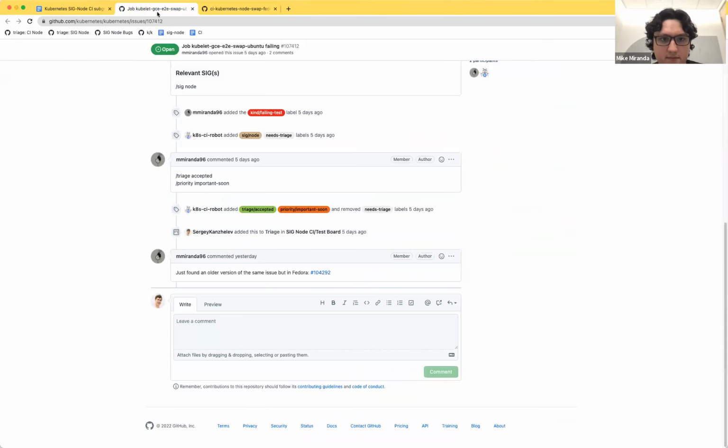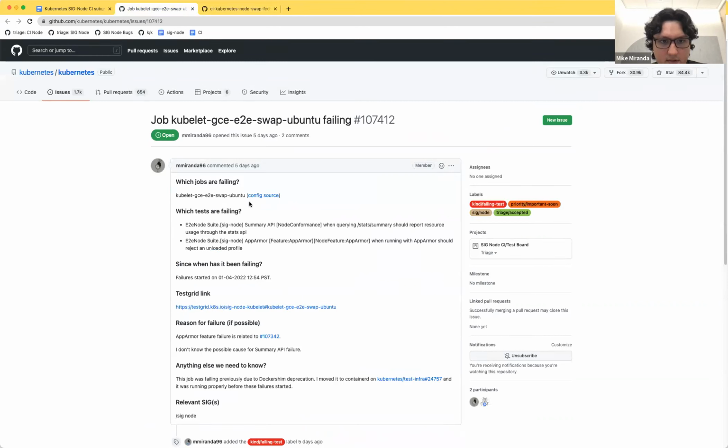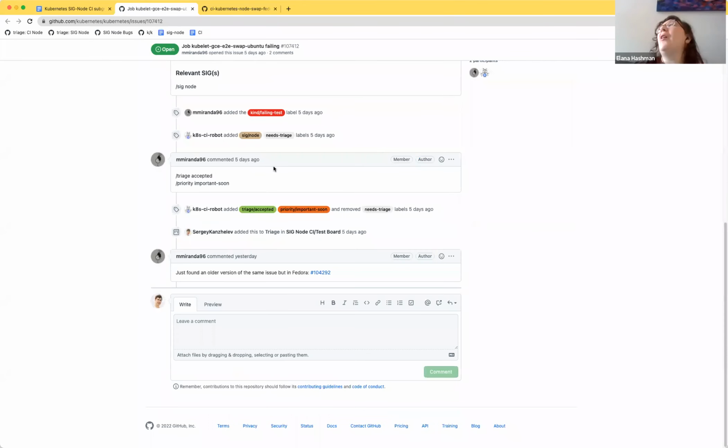Yeah, that's the same one. Well, that's for Fedora. This is for Ubuntu. Yeah, but the reason I ask is that test, for whatever reason, is very flaky. And I think David can attest, we will often fix it, it's failing on a job for a particular reason, then we look at another job, it's failing for a different reason, and so on and so forth. So I just wanted to make sure we confirm that the reason it's failing is the same.